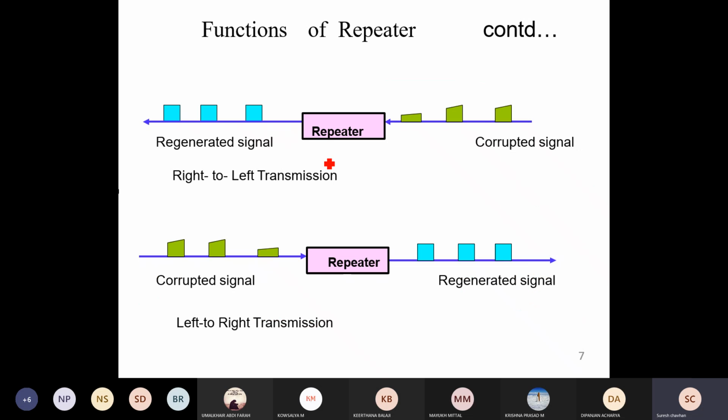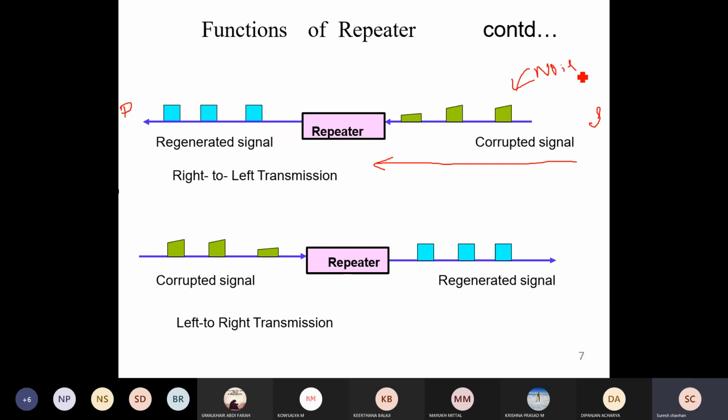So here you can see the image. So from here the signal transmission is happening. Suppose here is the source and here is the destination, correct? And it is sending the data. So it's like a square wave. If you think it is a square wave, so like this it will be coming. So after a certain distance, there is a deterioration,